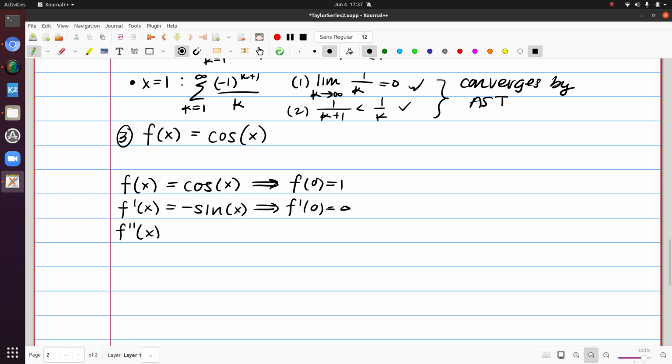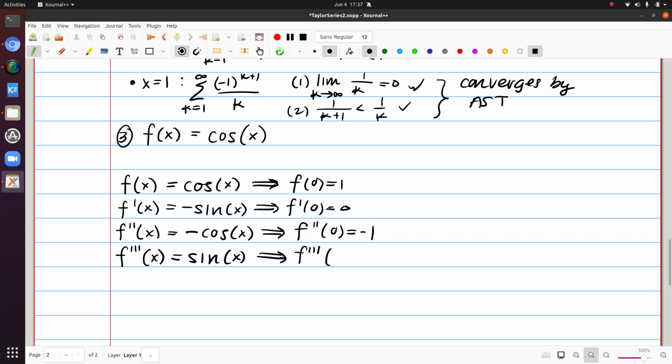Second derivative is minus cosine. Minus cosine of 0 is -1. And the third derivative is positive sine of x, which evaluates to 0 at x equals 0. Now, what I know here is that this is going to repeat. So I can see that I'm going to get 1, 0, minus 1, 0, 1, 0, minus 1, 0, etc. for my pattern. So I can stop here and then think about how I can try to express the Taylor